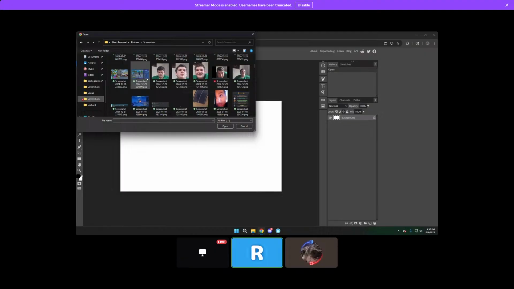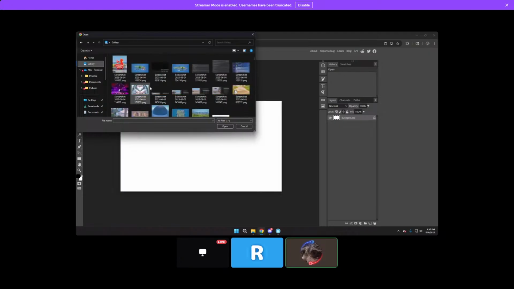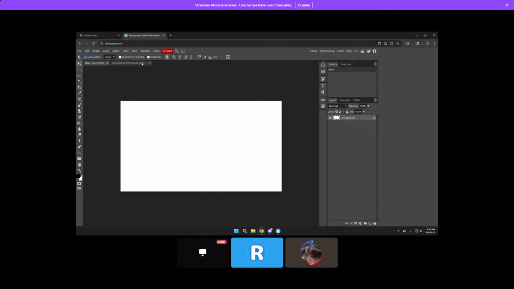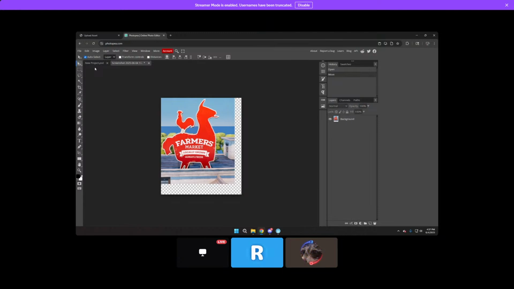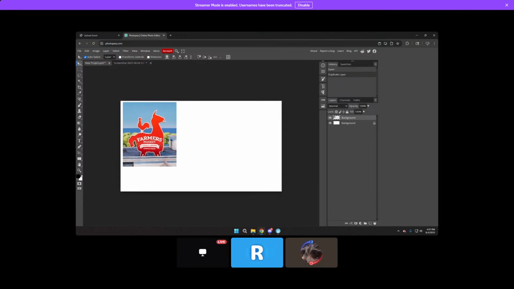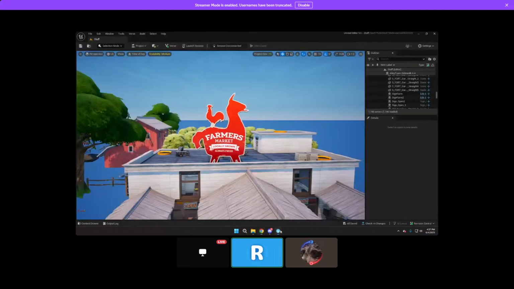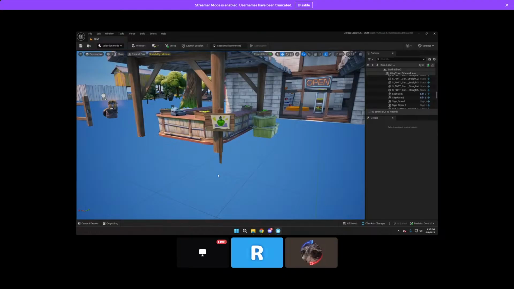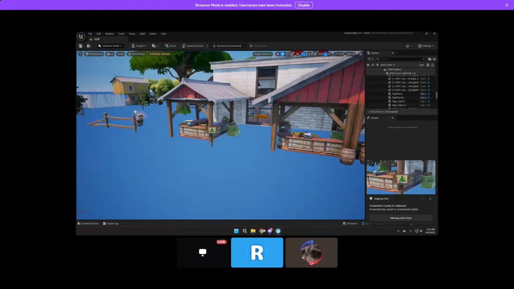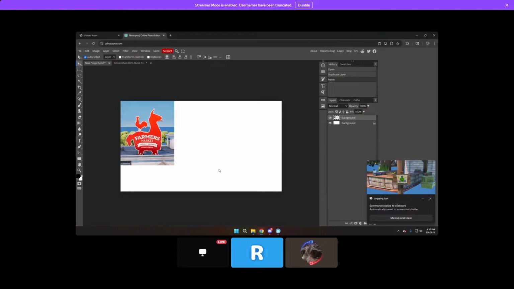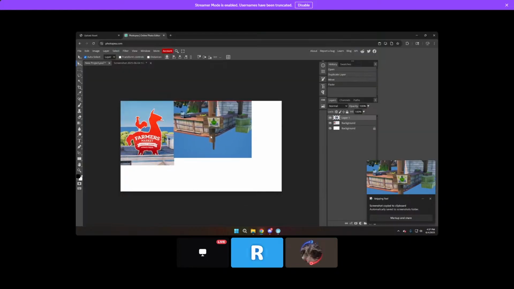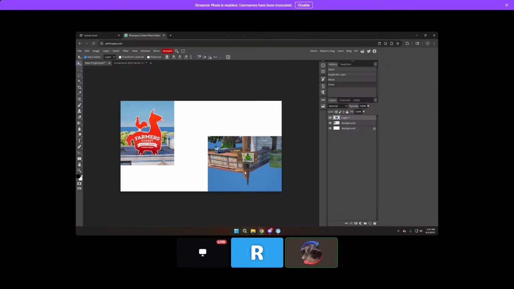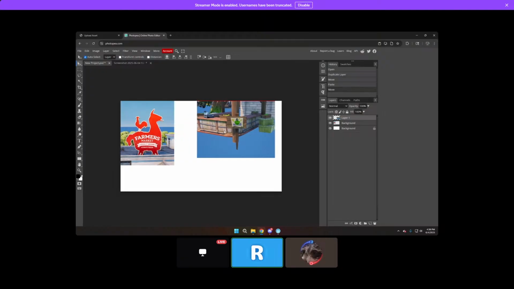So put that, and then I'd get another image of the other side and put it. Yeah, there you go. And then just change it, do a different background than white.